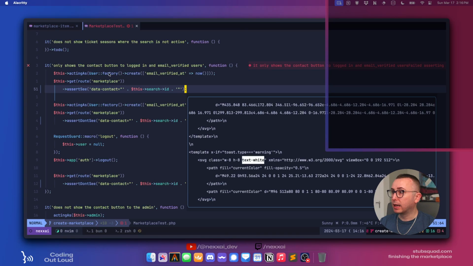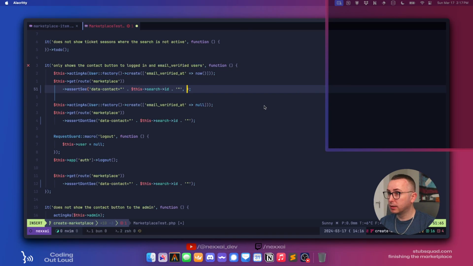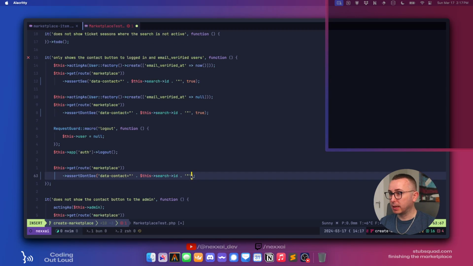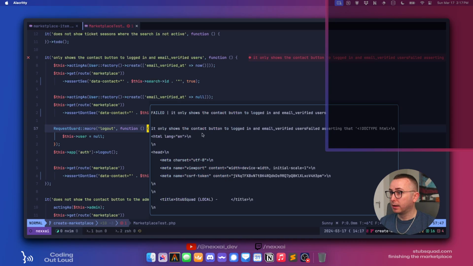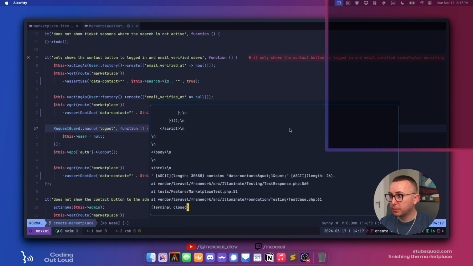So why is this? Oh, okay. It's because we want to look for the escaped or unescaped version of this, which is what that true does, or it should. So what is it looking for? Scroll to the bottom here again.